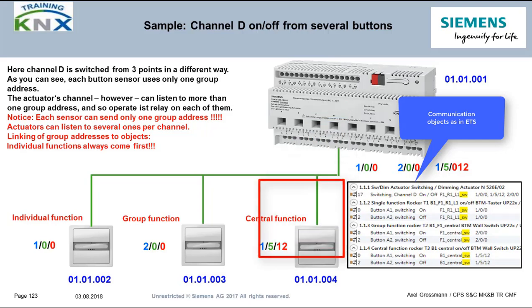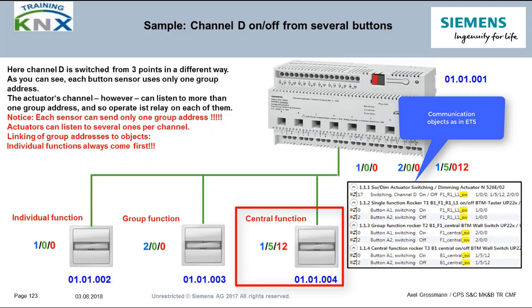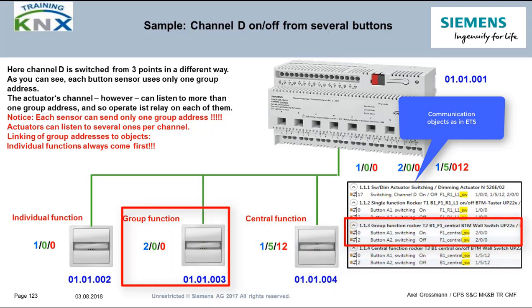The central group, B1 central switching, which means all lights in building 1 central switching. Group address 1512. The group F1 central switch, which is all lighting in building 1 floor 1 switching, group address